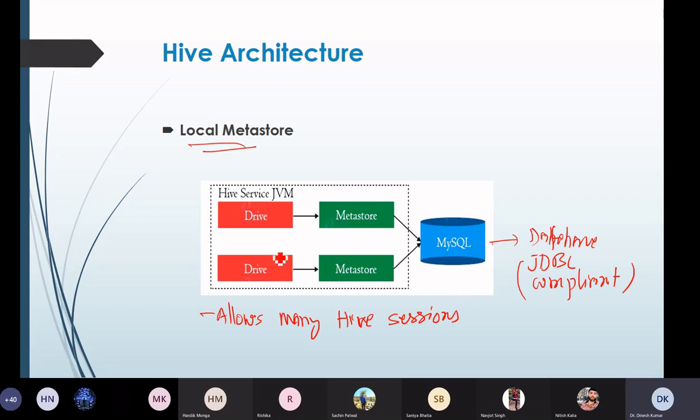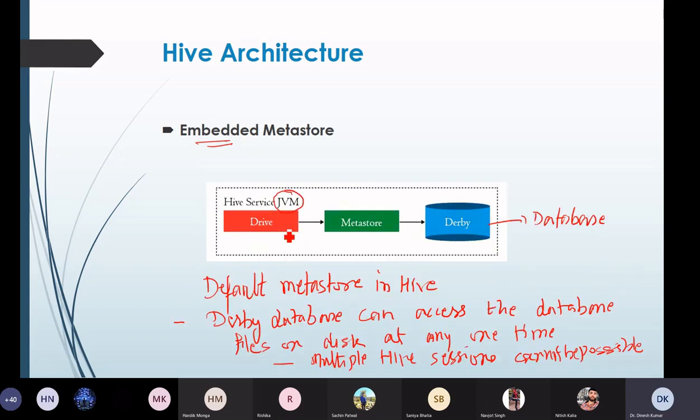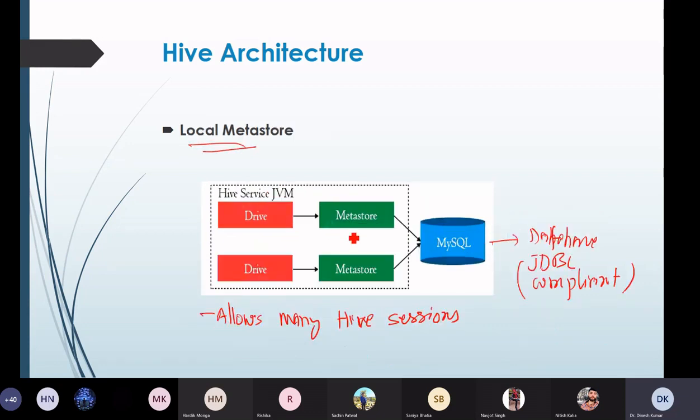Earlier, we can see that we have a driver which is also running in the same JVM as the Metastore. But in this particular case, we can achieve multiple Hive sessions because it runs in a separate JVM, on the same machine or on another machine. So that's why we have the possibility of multiple Hive sessions.